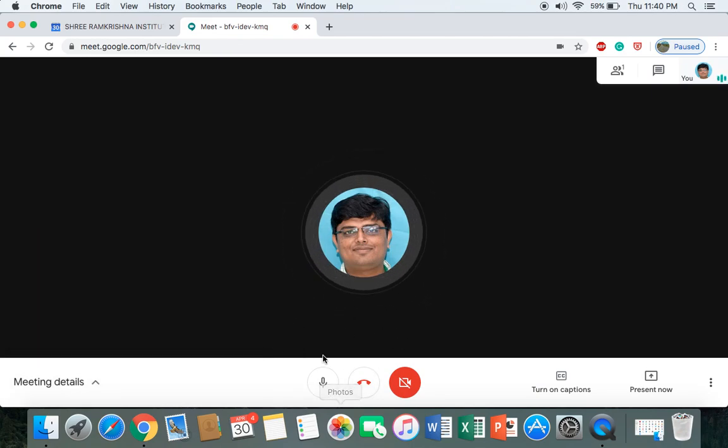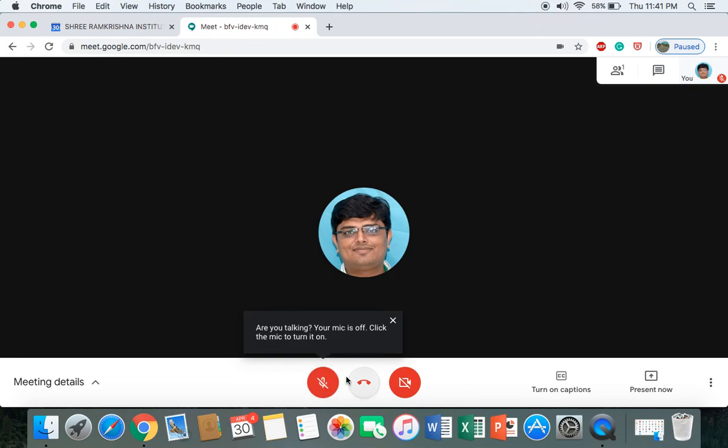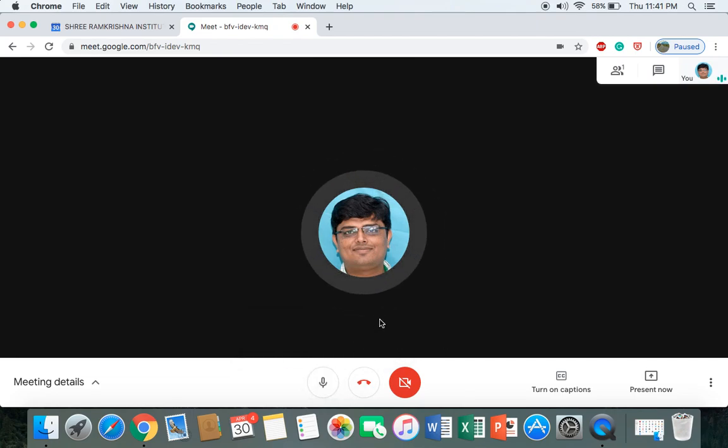Now, if we move further on this bar, which is located at the bottom, there are three different symbols available. One symbol is the symbol of a mic. If you click on that particular symbol, then your voice is not reaching the audience. That is known as muting. If you unmute that, your voice is going to reach the audience. So whatever talking is going on, whatever discussion is in progress from your side, that is reaching the audience.